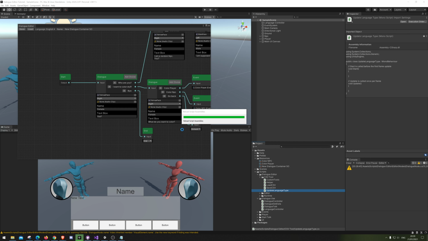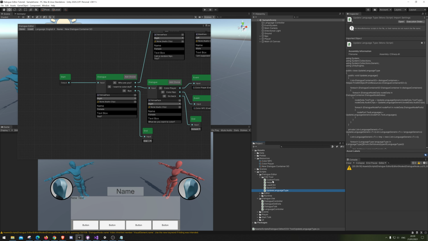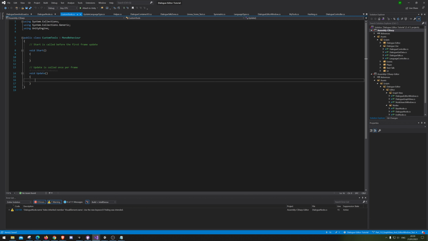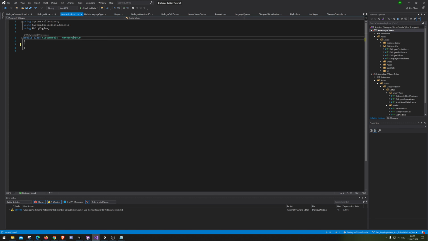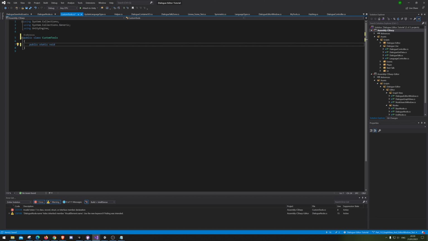Let's go out here. Oh, we haven't made the tool. So let's make the tool then. Be gone. And be gone. Let me quickly look at my notes. How is this set up? Alright. So we need a public static. The reason this one is static is because else the inspector can't find it, so it needs to be static. And we're gonna call it